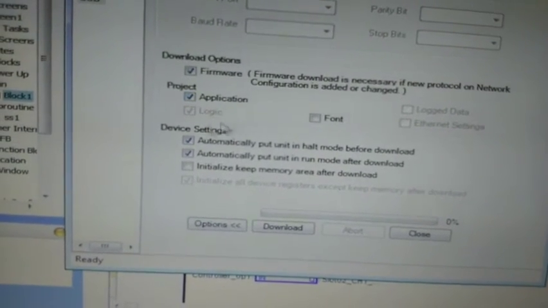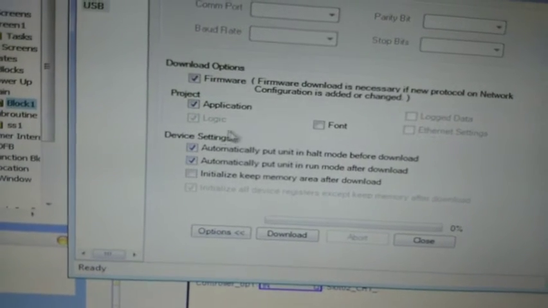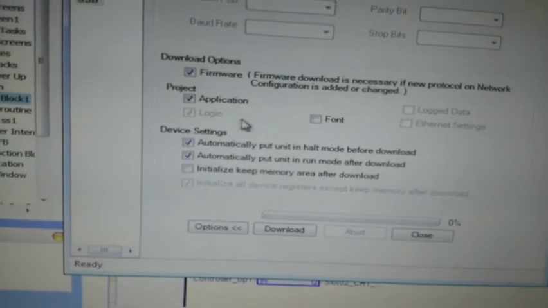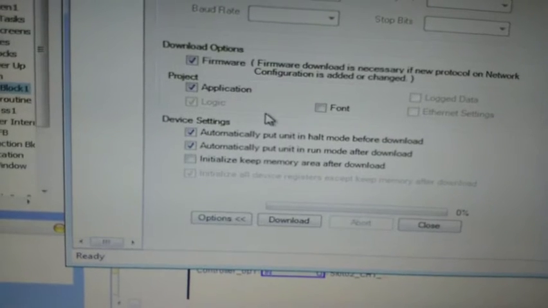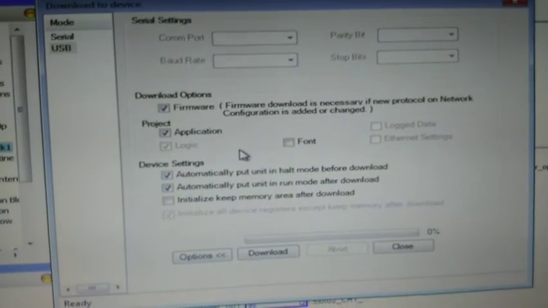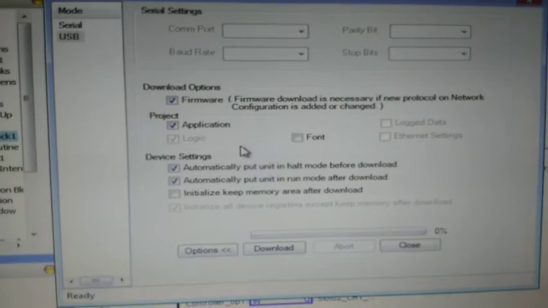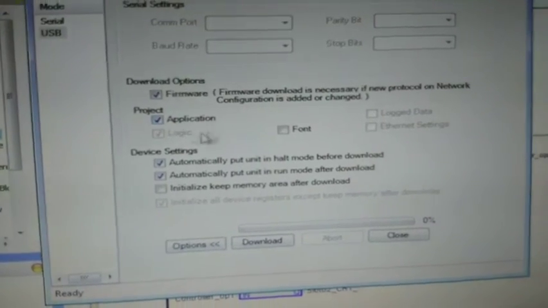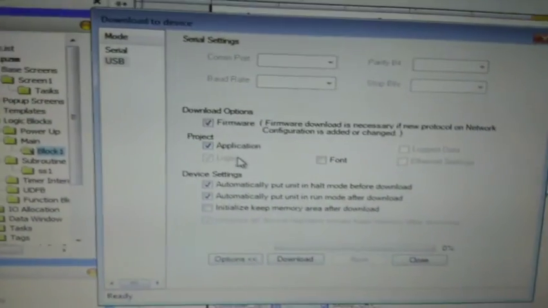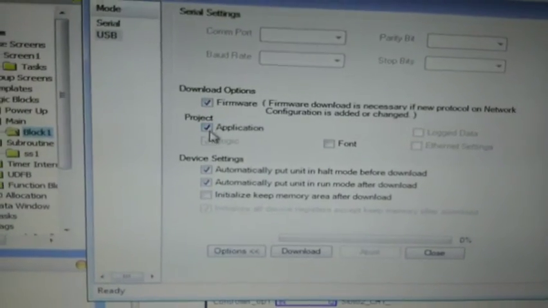Only the logic will be executed in the PC itself, and nothing will be executed on the PLC screen. Ensure these two are ticked, and now go to download.